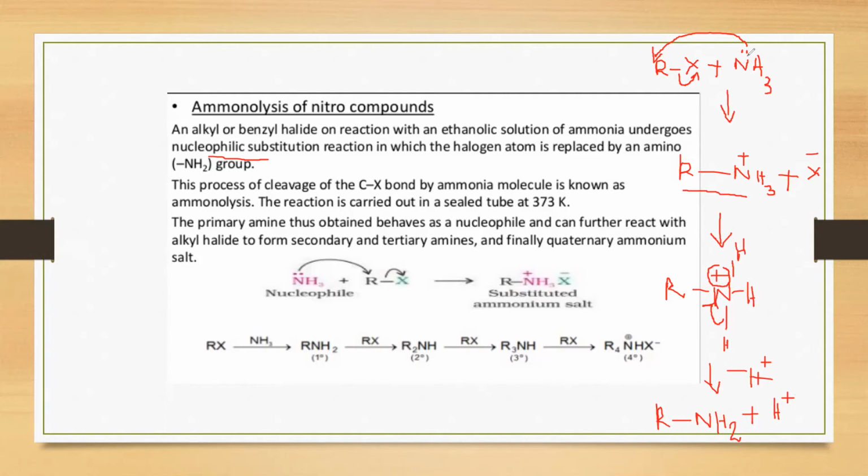So in effect, you can see that the ammonia molecule broke up into NH2 minus and H plus. NH2 minus is combining with R plus, right? And H plus is combining with X minus. See that here this H plus can combine with X minus to form what? HX, right? So the final products are RNH2 plus HX. I hope this is clear for you.